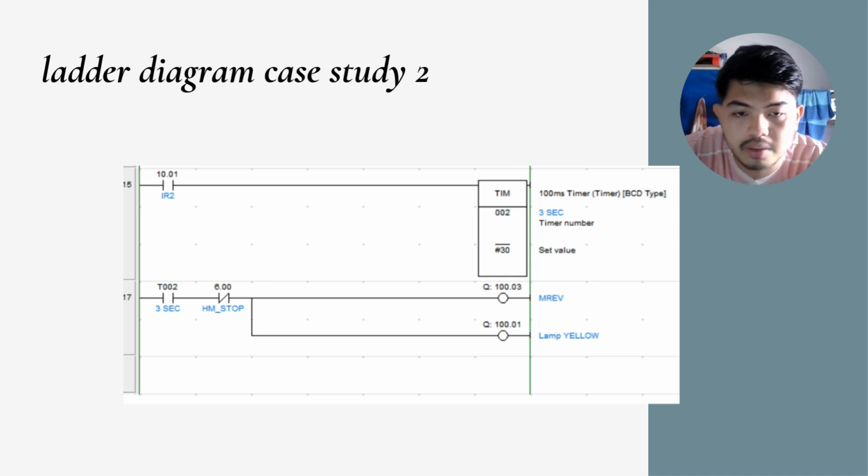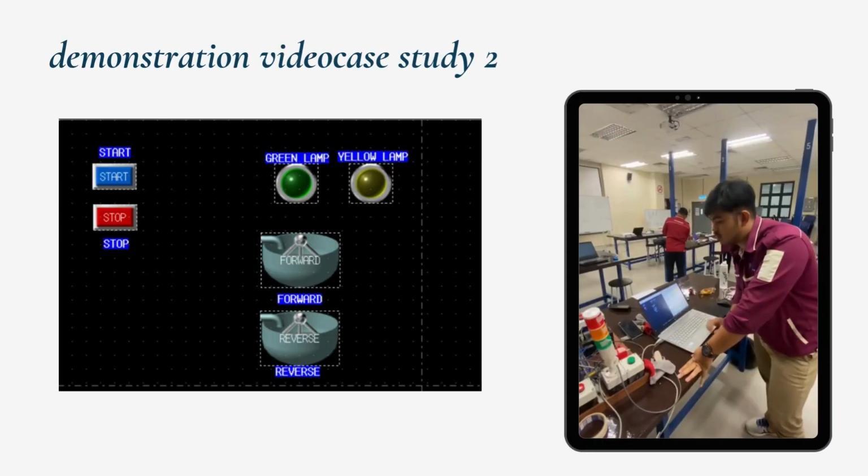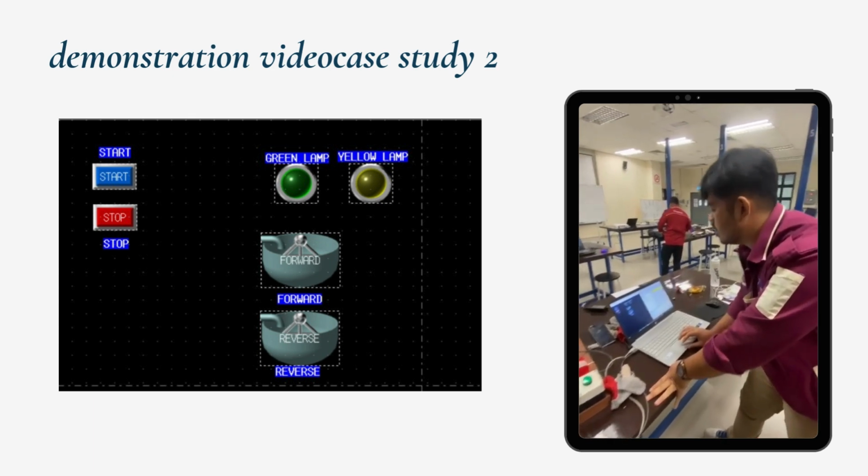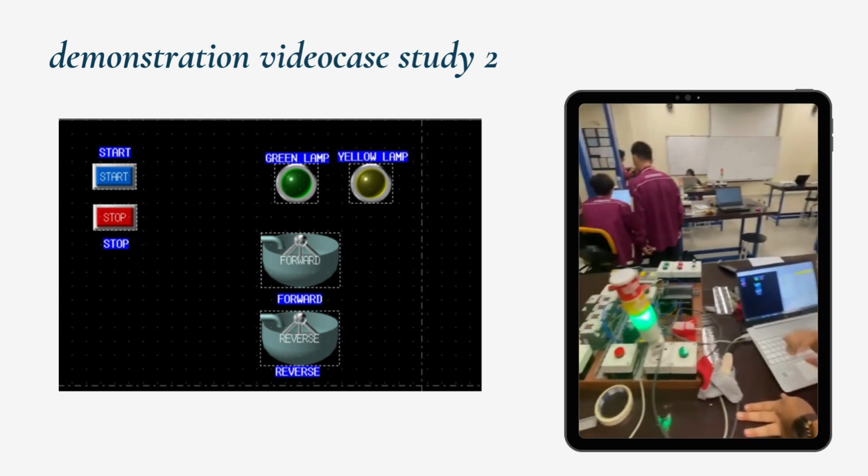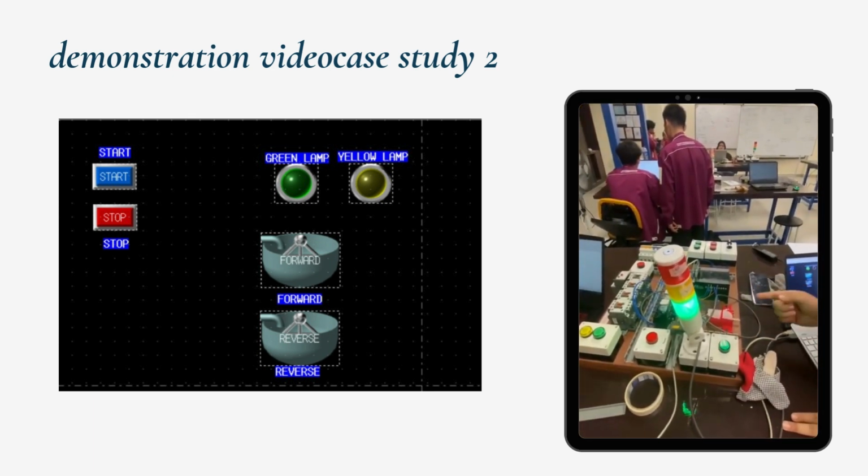As we can see, the HMI stop. When we press the HMI stop at the PC, the computer laptop, it will also make sure the circuit stops immediately. Case study 2, sequence dia akan tekan start button and then motor akan move forward, lampu hijau